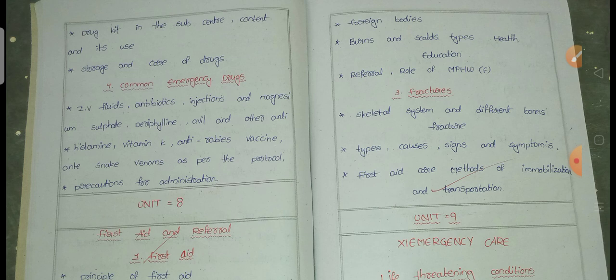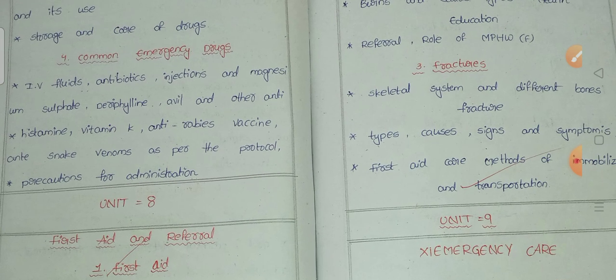Next, antibiotics: amoxicillin, azithromycin, gentamicin, ciprofloxacin, Monocef. These all come under antibiotic injections, along with magnesium sulfate, Deriphyllin, Avil. Another is antihistamines, which are allergy tablets like cetirizine. To prevent blood clotting, we give vitamin K. Anti-rabies for dog bite, and anti-snake venom. These are all very, very important questions. Sometimes they may ask 2-mark questions.